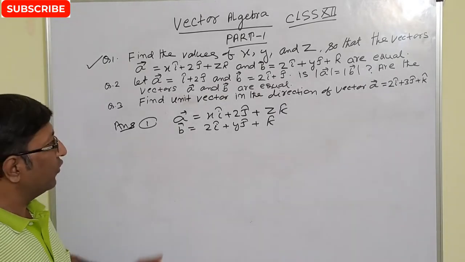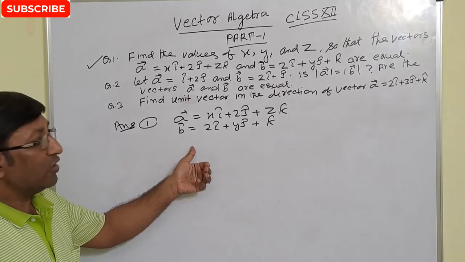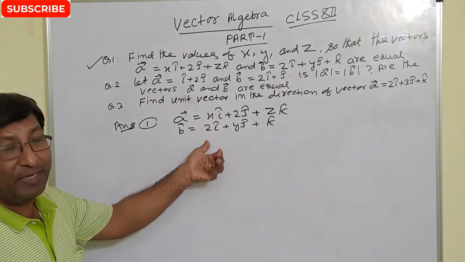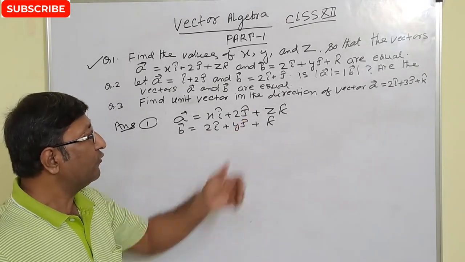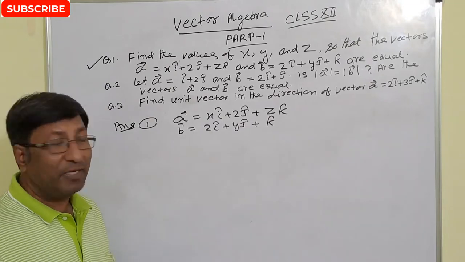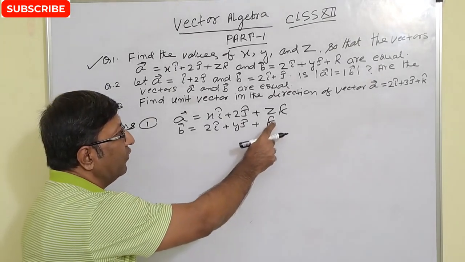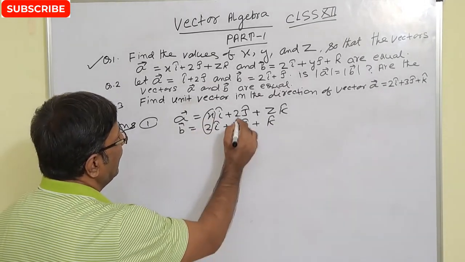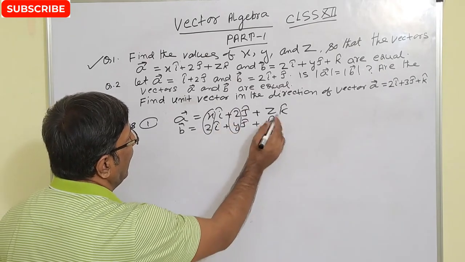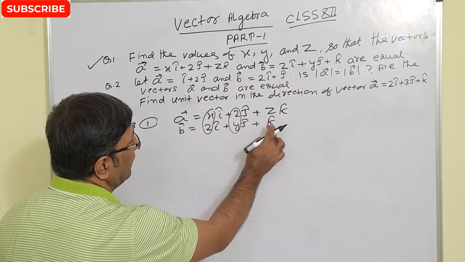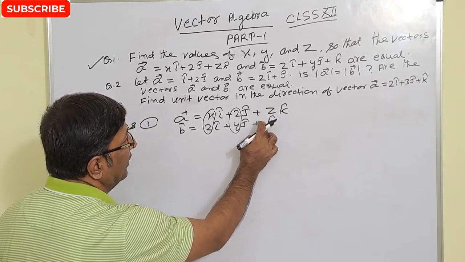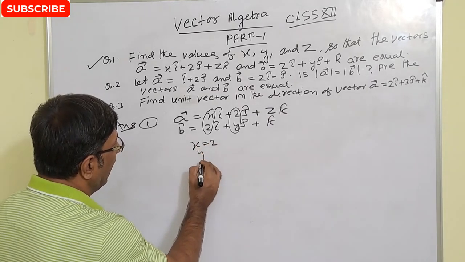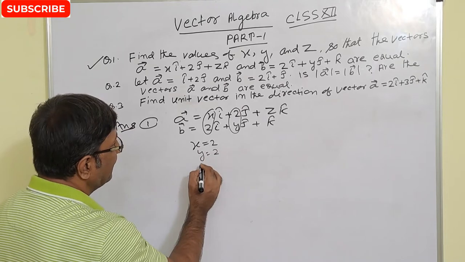x, y and z. You know, two vectors अगर equal होंगे तो क्या होगा? Coefficient of i vector यानी unit vector i of both vectors should be equal. Similarly, coefficient of unit vector j of both vectors are equal. And similarly, coefficient of unit vector k will be equal. So here x equal to what? 2, and here y equal to what? 2, and here k, that is coefficient of unit vector k, is what? 1. So 1 equal to z. So you can write directly x equal to 2 and y equal to what? That is 2, and z equal to what?